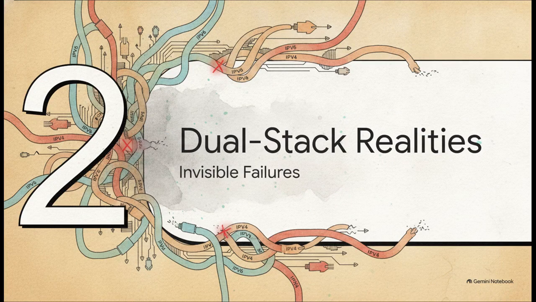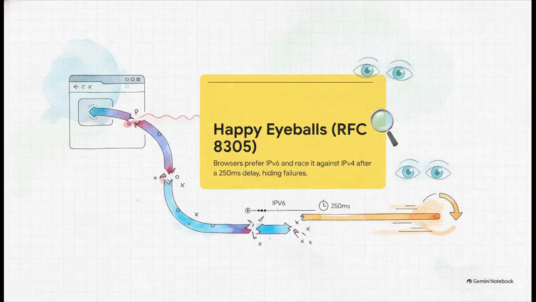Let's move on to Section 2, Dual-Stack Network Realities. The reality is most production networks run both protocols simultaneously. And this brings us to RFC 8305, better known as Happy Eyeballs. Basically, modern browsers really want to use IPv6. They try it first, and if it doesn't connect instantly, they wait 250 milliseconds and then fire up an IPv4